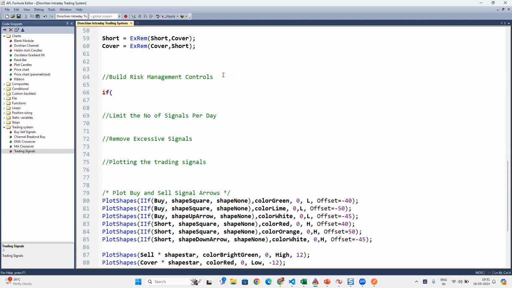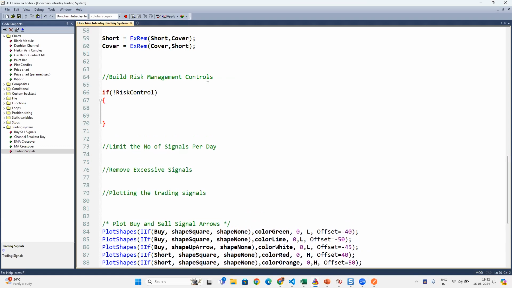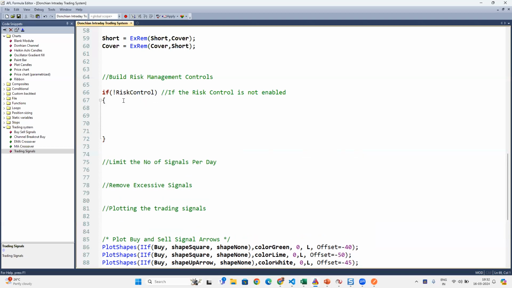if not the risk control. So if the risk control is not enabled, which means it's going to be a positional strategy. It could be a positional strategy, without stop loss and target. So this represents how my strategy should look if the risk control is not enabled, or if the risk management is enabled, how my strategy is going to look, which is what we're going to decide over here, because this is where we're going to tell at what price we're going to